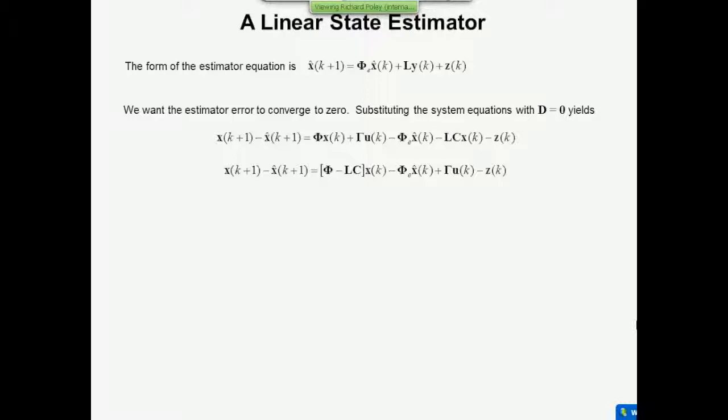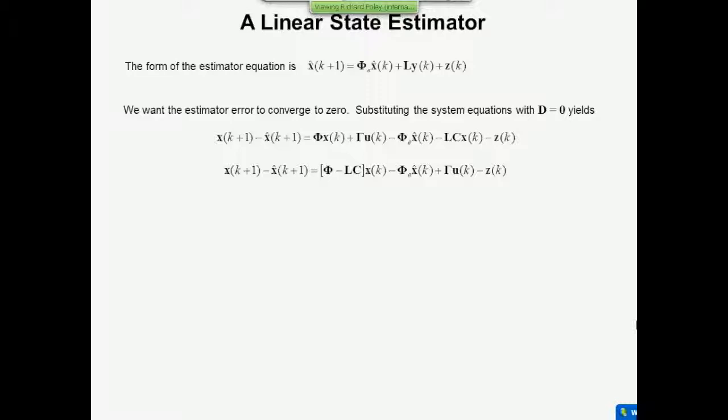All right, so x of k plus 1 equals phi times x of k plus gamma times u of k, minus the first equation on this slide. So it's minus CE times x hat of k minus L times y of k minus the fiddle factor z of k. Now we can simplify a little bit because we've got a couple of terms here involving x of k. So we've got phi minus LC times x of k, and then the other terms are unchanged.